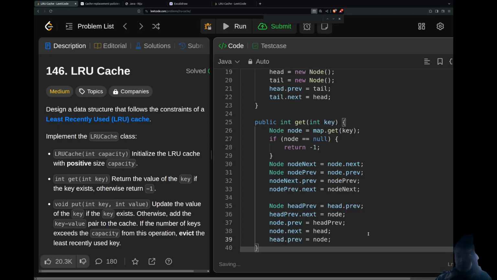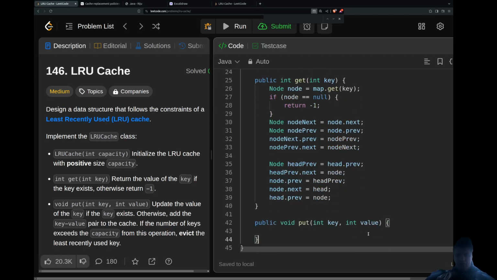So with this manipulation we moved it to the head, and then for the put operation